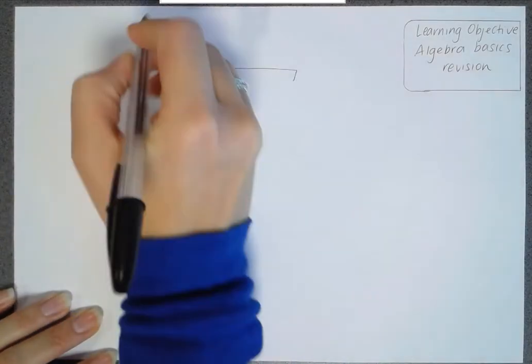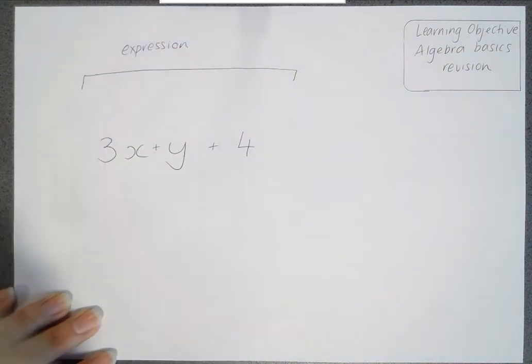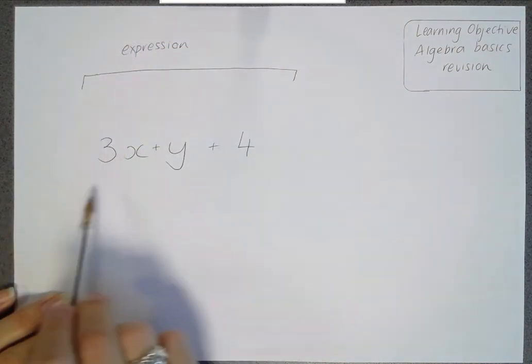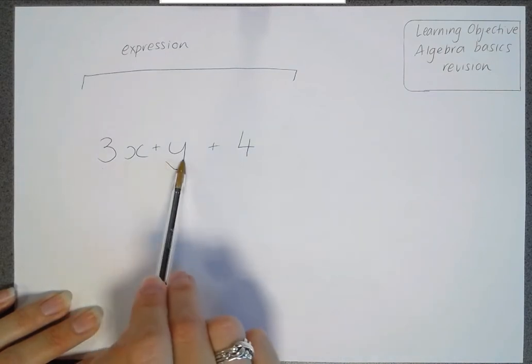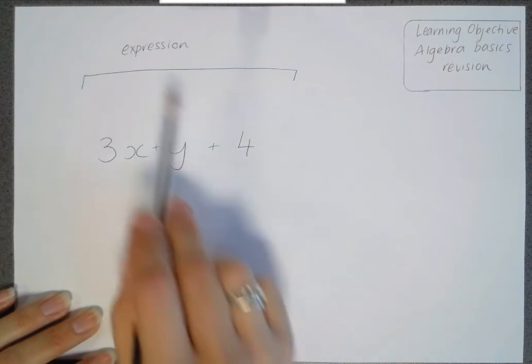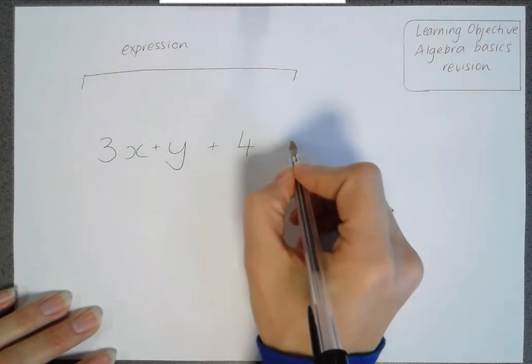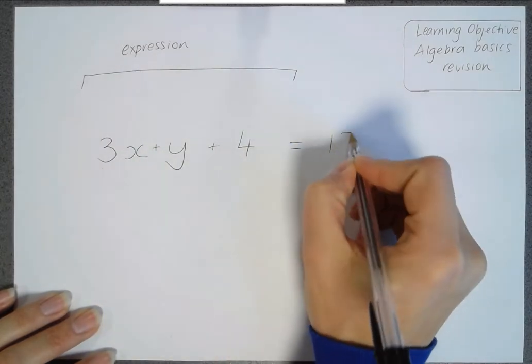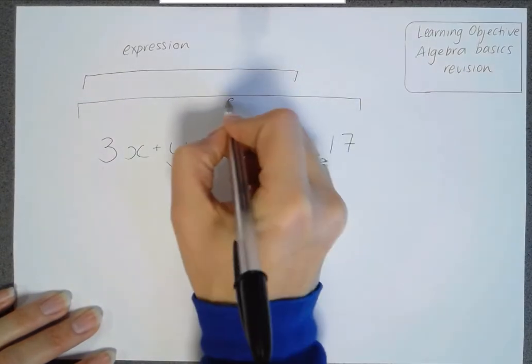is an algebraic expression. And what that means is we've got a few different terms, and we'll get to those words in a minute. And we can see immediately we've got some different letters in there that aren't normal numbers. Now, an expression is what we see when we do not have an equal sign. As soon as we add in an equal sign, what we actually get is this whole thing is now an